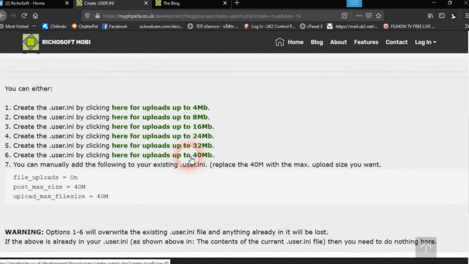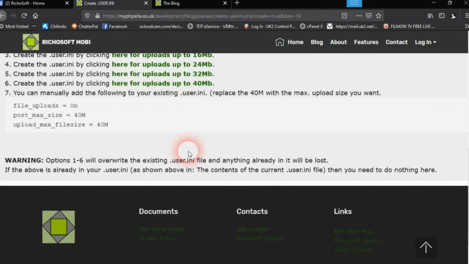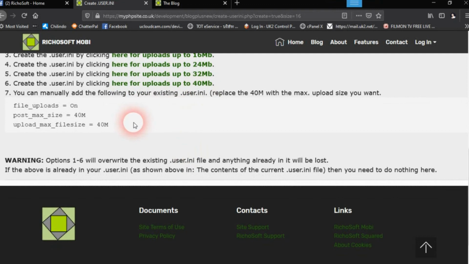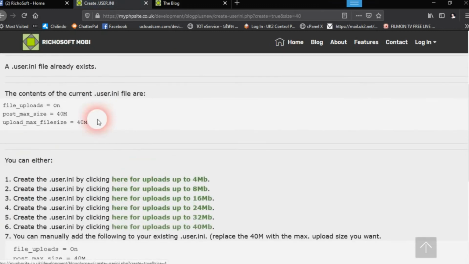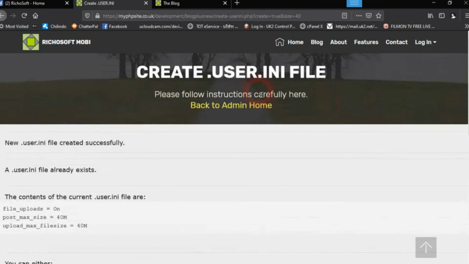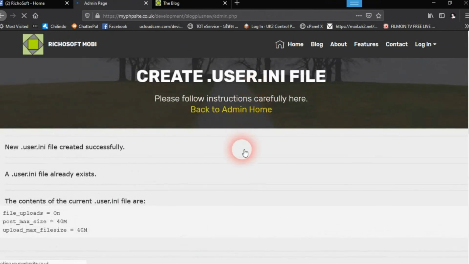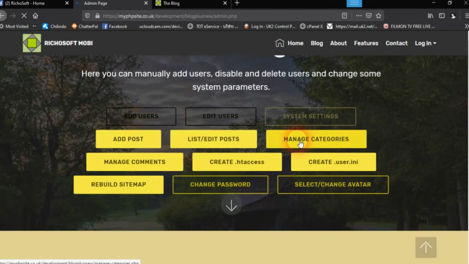If you've already got something in your user ini that you don't want to overwrite and lose, then obviously just copy that and paste it into your existing user ini. So we'll go back to 40 meg, and there we go, that's done. If we go back to the admin page